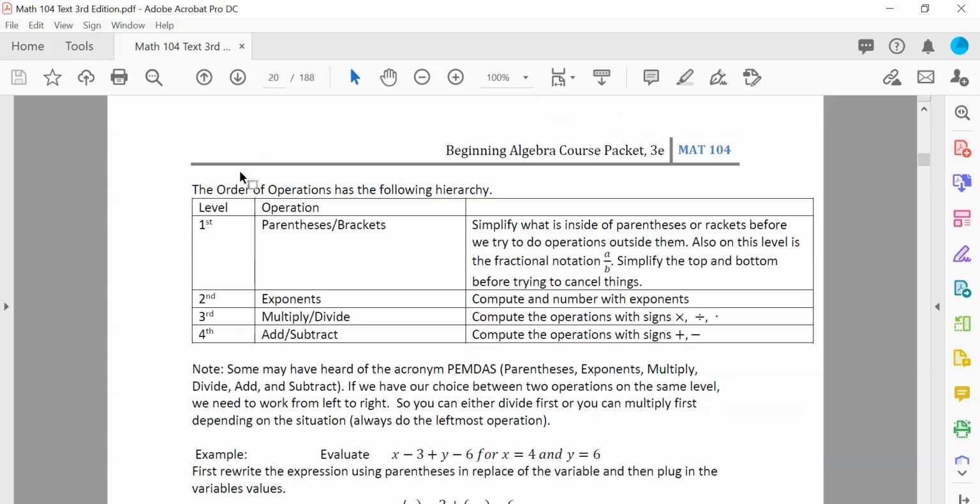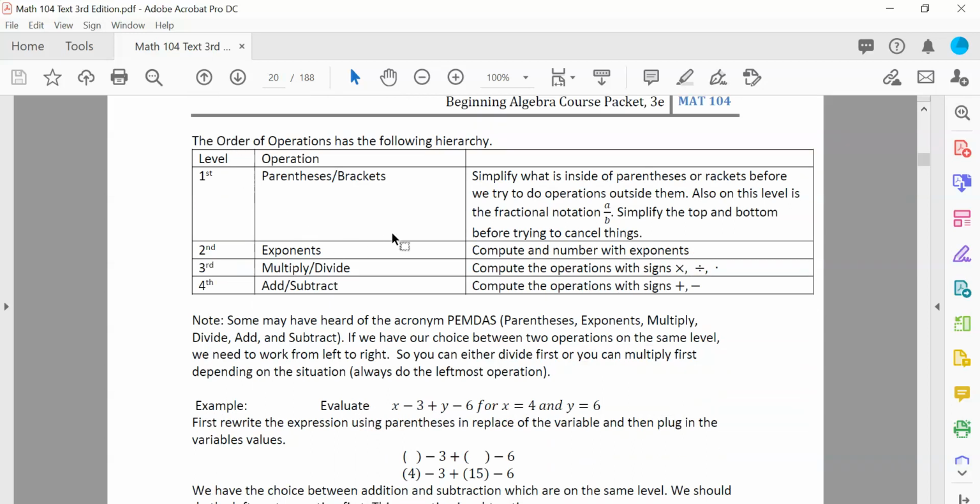Now, here's the deal. When you use the mathematical operations, there's a hierarchy of what you need to do. The first thing you need to do is look inside of parentheses and brackets and simplify what's inside before you do anything else outside. The second thing you do is evaluate any exponents you see. The third level is the multiply and divide level, so you multiply and divide